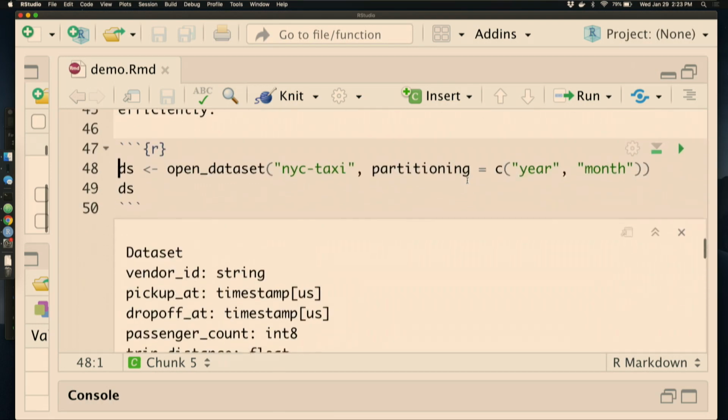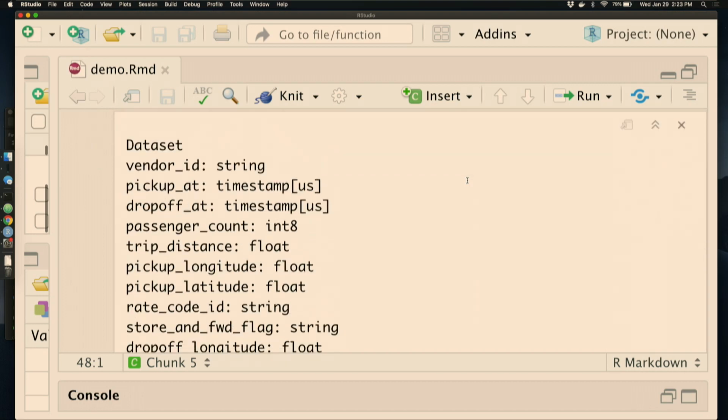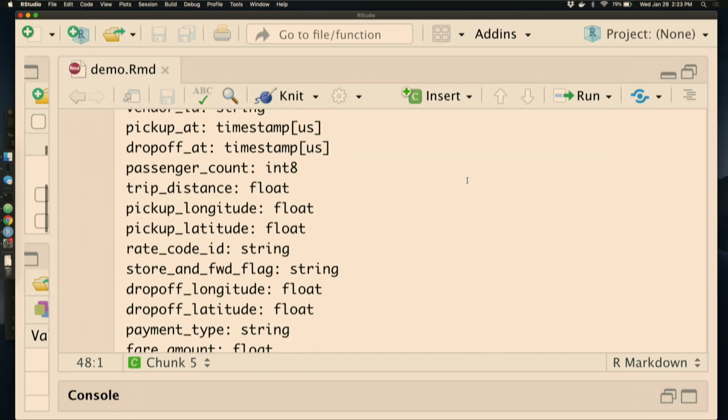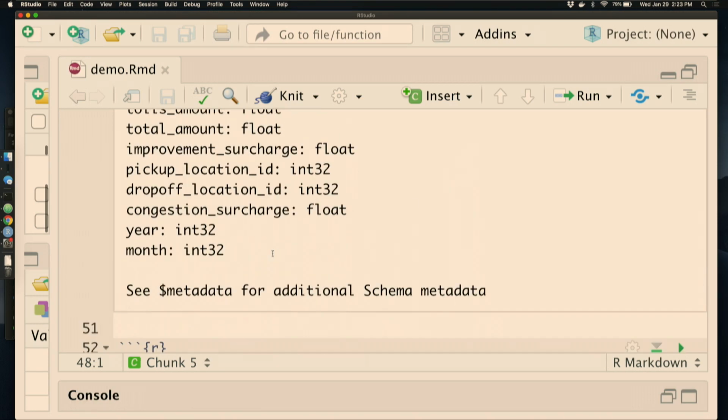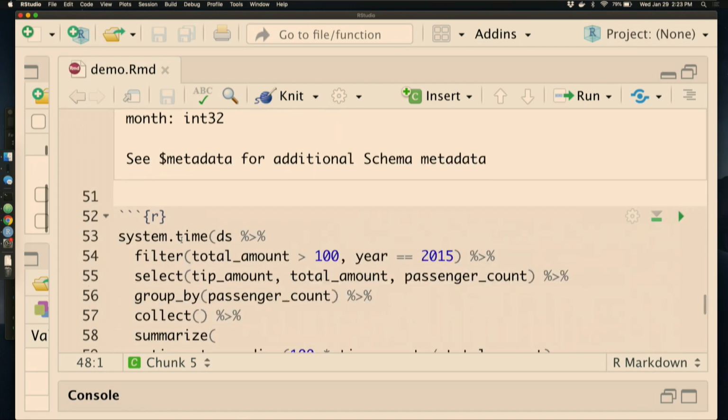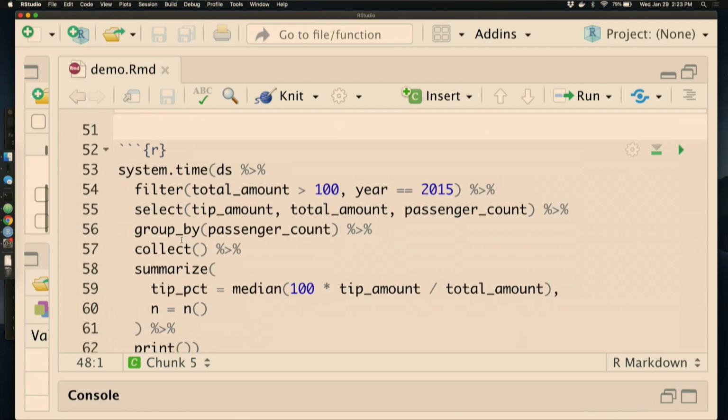When I scan all of the files, inspect the metadata of those Parquet files, and get the common schema of them, you can see through here I also get year and month added as essentially virtual columns. And then I can use that in my queries. Importantly, I can filter against that, which means I don't have to actually load all of those files in order to know that, for example, in this case, only files that are in that 2015 directory are going to have data for 2015.